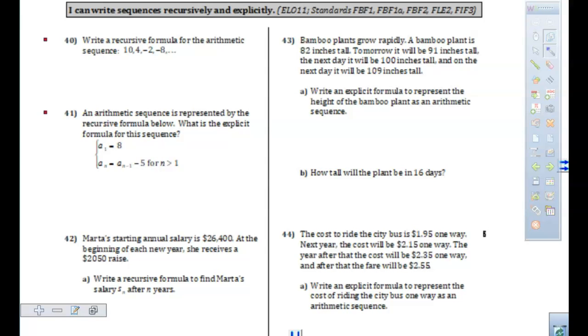So what we are going to start on, I would say, in tomorrow's video in all the classes, is going to be starting with number 40. So, if you have questions,